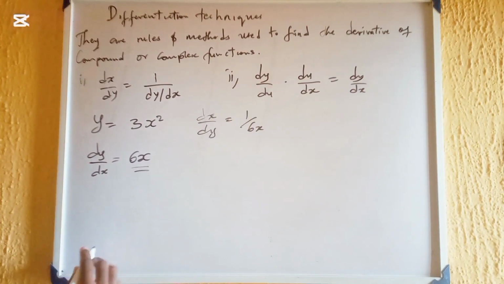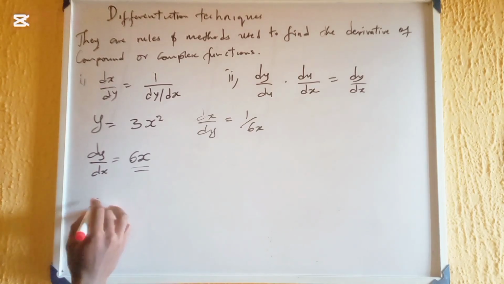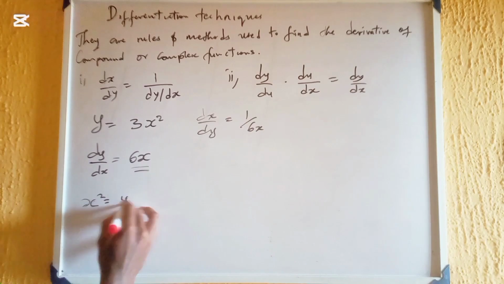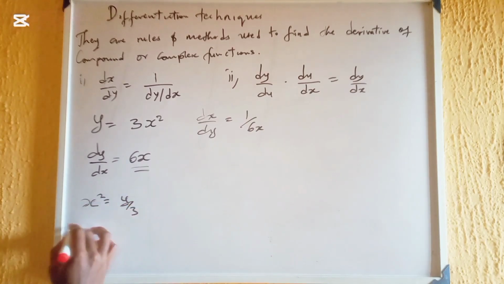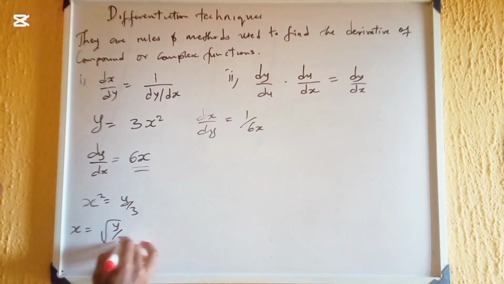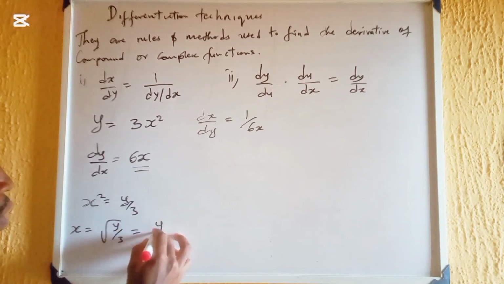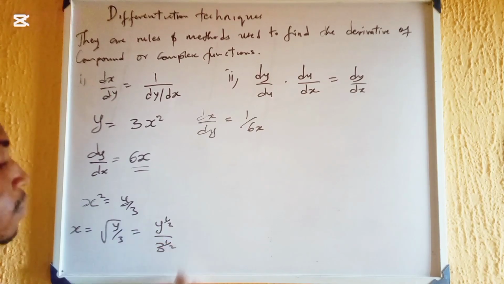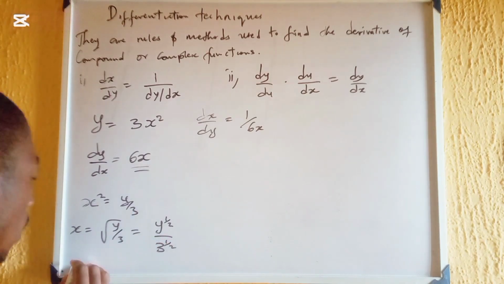So let's make x the subject of the formula in that equation. So x squared is equal to y over 3, which implies that x is equal to root of y over 3. That is the same thing as y to the power half over 3 to the power half. So what do we do next? dx/dy